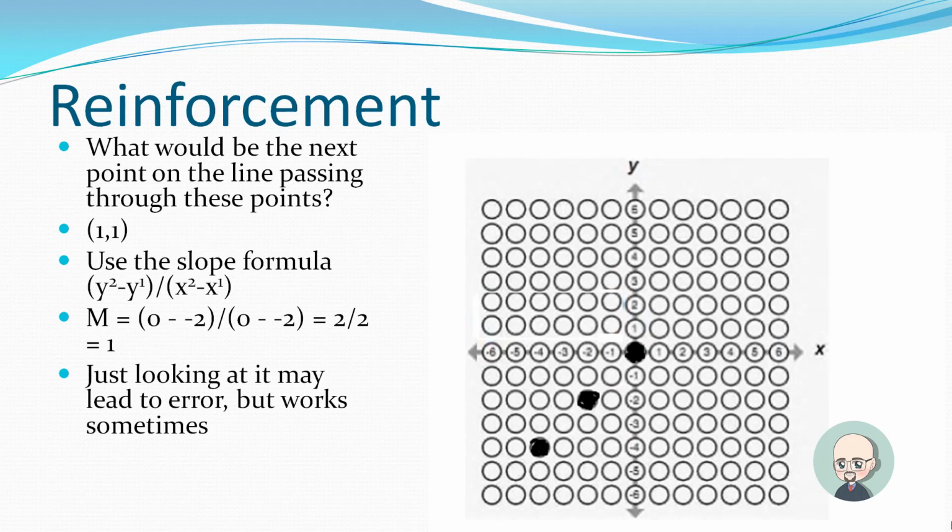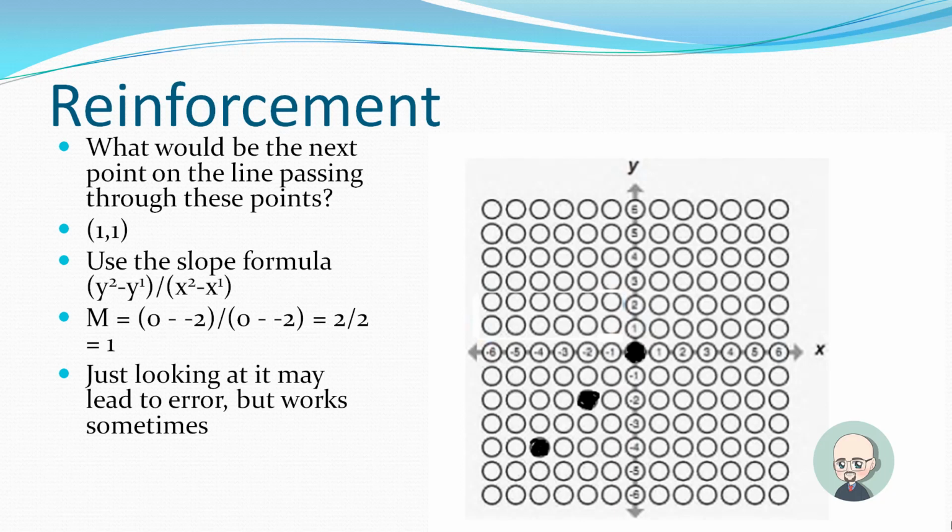Okay, I'm back. Now, the next point is 1, 1. You may be confused and thinking it was 2, 2. That's actually wrong. This is a little tricky. We have to use the slope formula, y2 minus y1 over x2 minus x1. Let's plug in. I'm going to take the values of 0, 0 and negative 2, negative 2. So that comes out to 0 minus negative 2 divided by 0 minus negative 2 equals 2 divided by 2